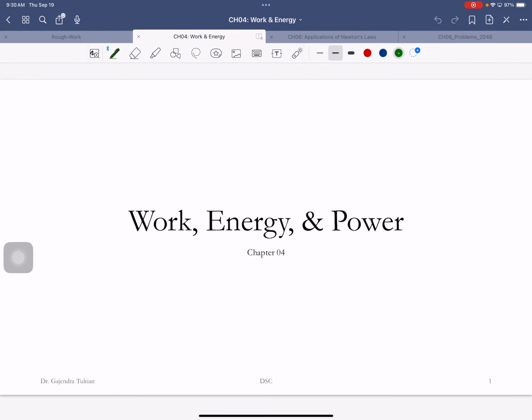All right, so today we'll talk about work, energy, and power. What you learn is to do work, you need energy. Power is just the rate at which you're doing work. And since you need energy to do work, power is the rate at which you're consuming energy. And so we'll see how it relates to humans. So we'll first learn these physics concepts and then apply them to our body.